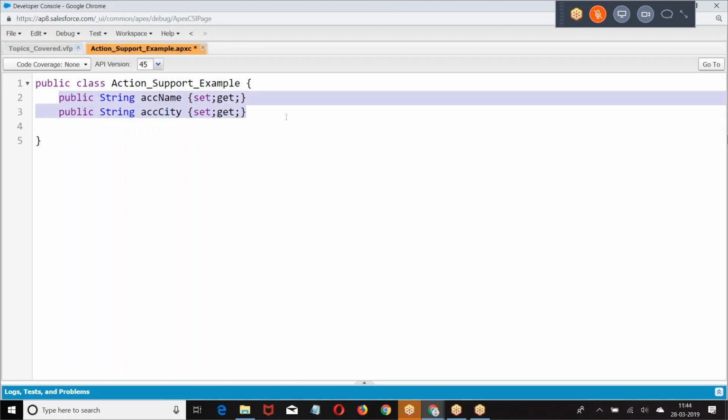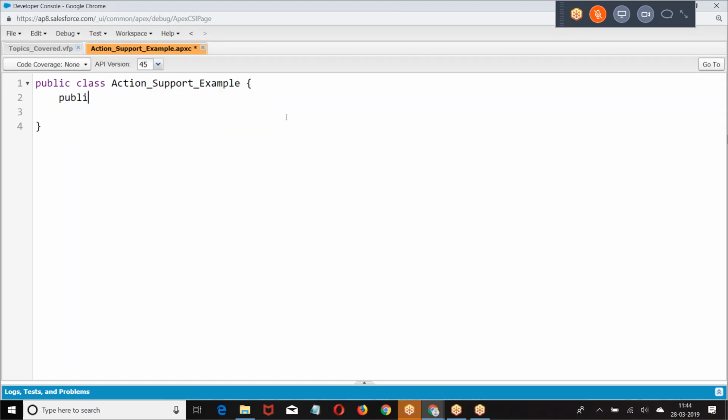I will try to give you one meaningful example here. Public map of string comma list of string.